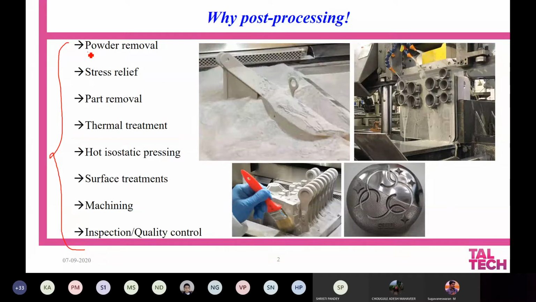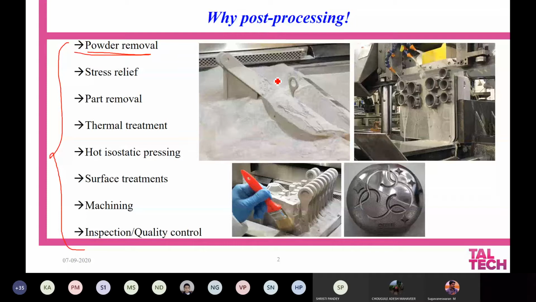So we need an extensive powder removal approach, which is the first step after production. Most of the additive manufacturing processes, be it SLM, be it SLS, direct energy deposition, not direct energy deposition, but E-beam, we have this kind of problem where there will be a lot of powder surrounding the material, and removal of the powder is very essential and a prerequisite.